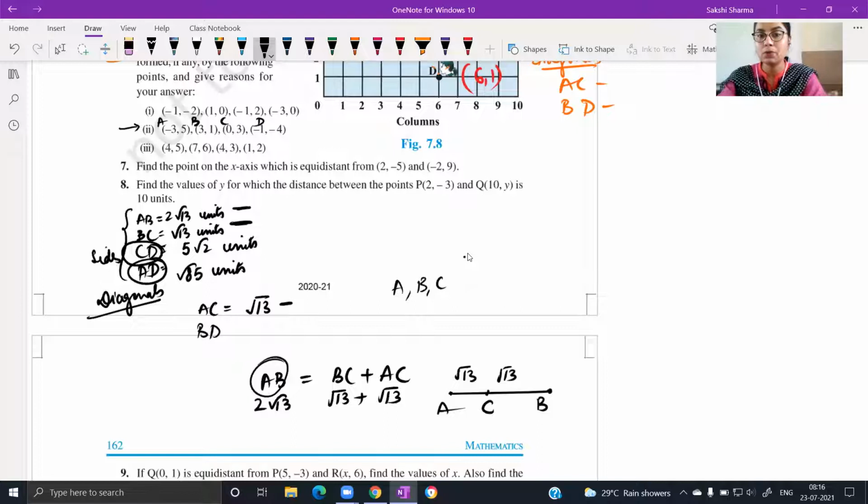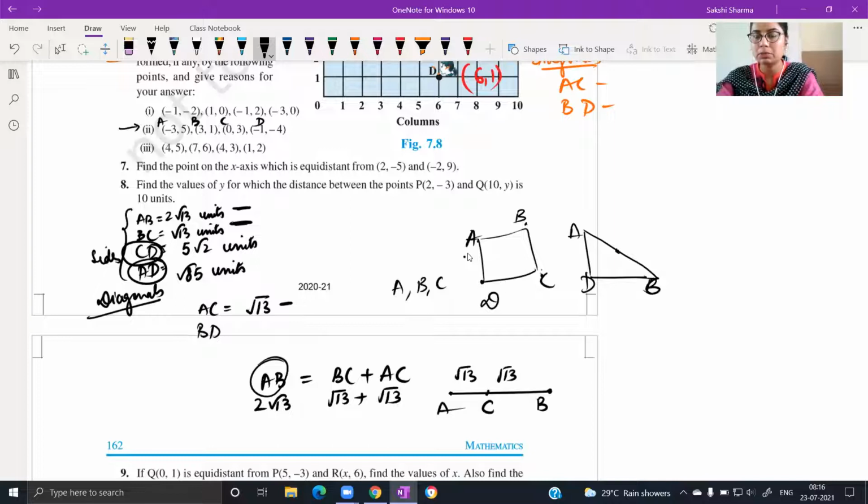So आपके पास 4 points बनने की बजाय, like if you had considered this situation, A, B, C, and D, this is not happening. We are not having such kind of figure. A, B, C are on the same straight line. In that case, आपकी जो figure होगी वो इस तरह से बन जाएगी, A, D, C, D, and then like this. I think C lies in between. B will be here. C will be somewhere in between. C is the midpoint actually. The distances from points A and B are equal. So we get a triangle instead of getting a quadrilateral. So in second part, there will be no quadrilateral formed.